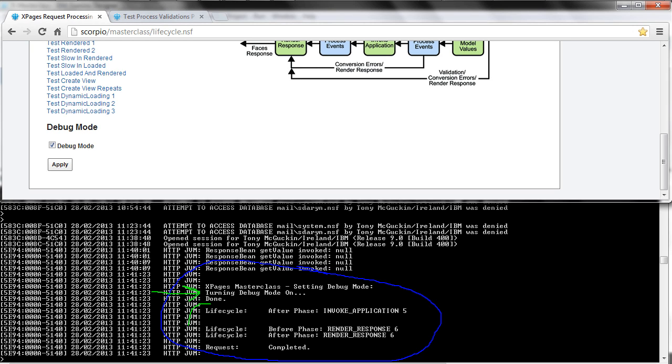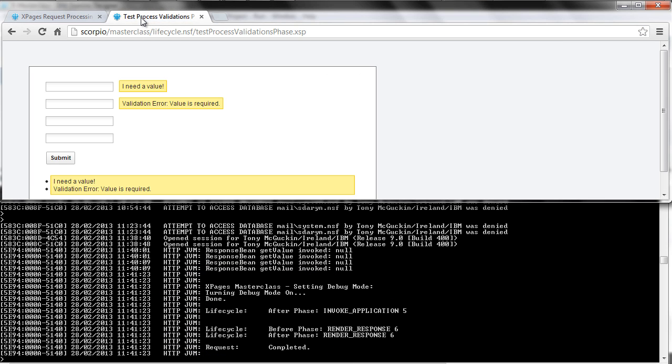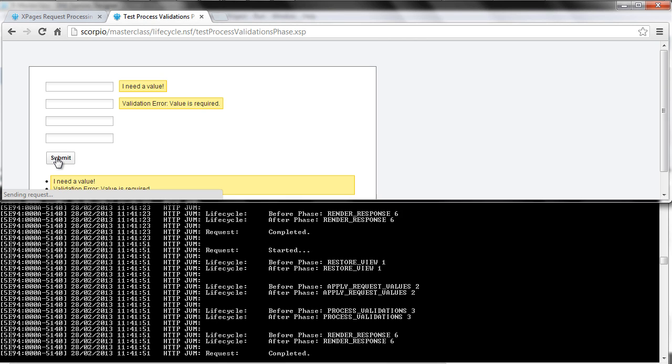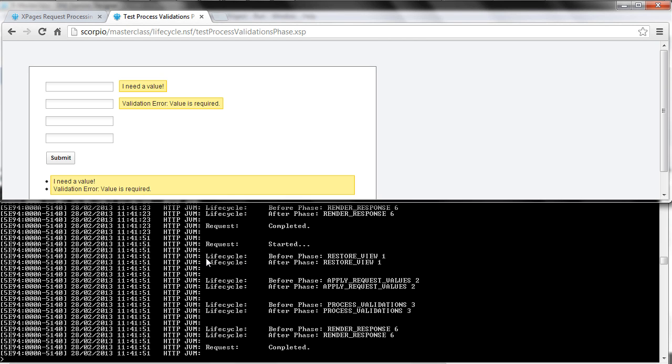And we're starting to see some interaction with the lifecycle for that particular request. Let's go back to our test process validations page. And if I click on submit once more, you can now see that we do indeed have console output, as we can see here, letting us know when each of the phases begin and complete as we proceed through the processing of that